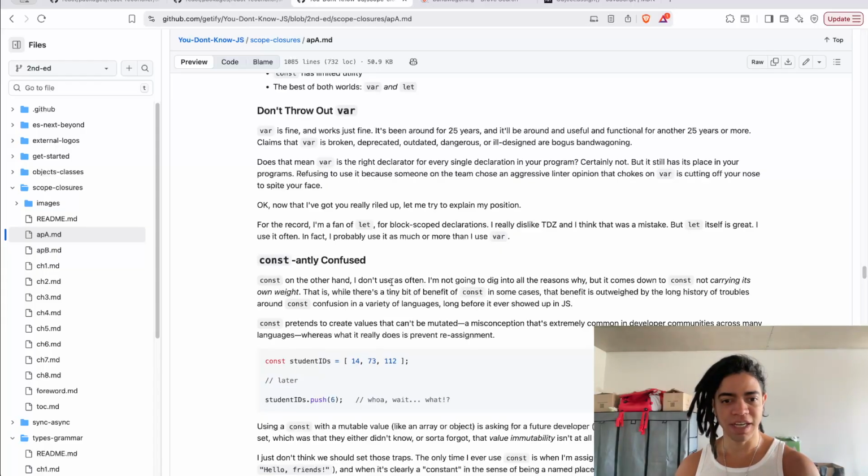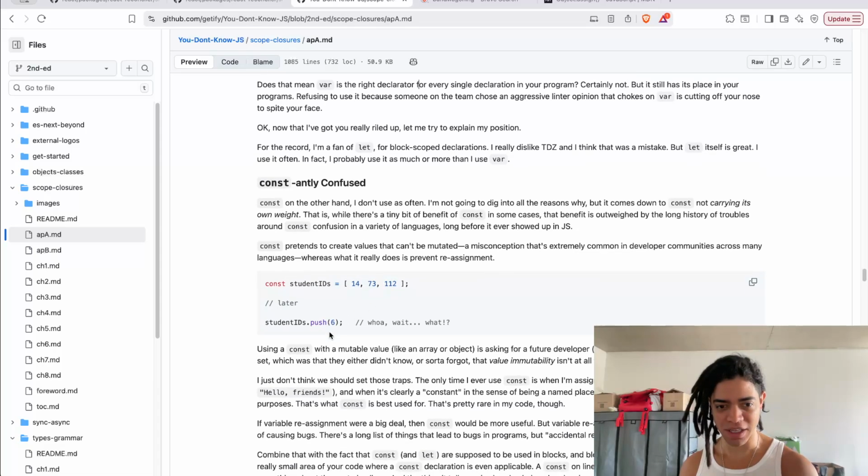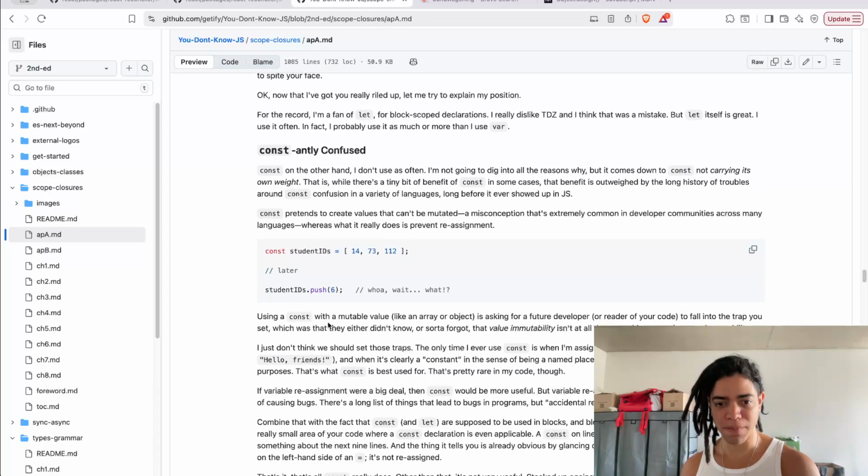Const pretends to create values that can be mutated, a misconception that is extremely common in the developer community across many languages. Whereas in reality what it does is prevent reassignments. So for example, like this, but you can mutate that. So using const with a mutable value, like an array or object,